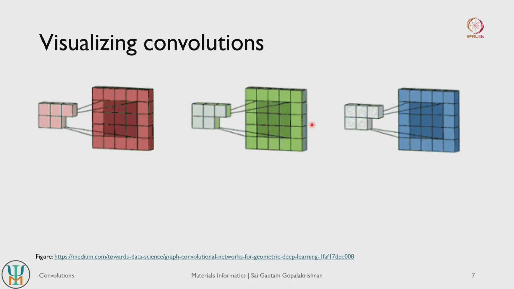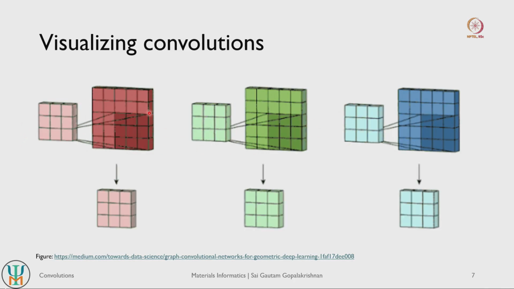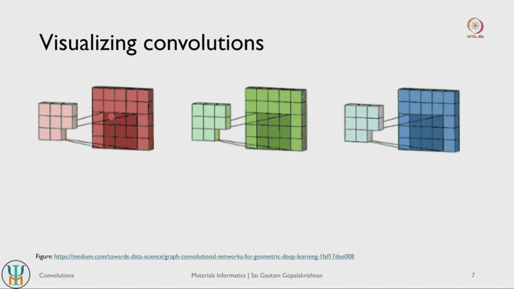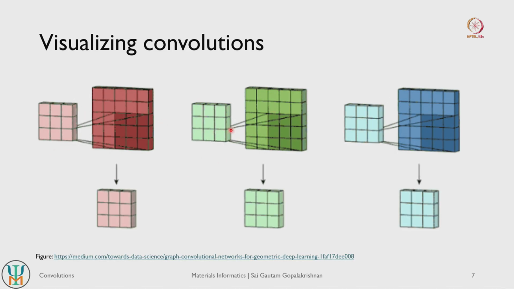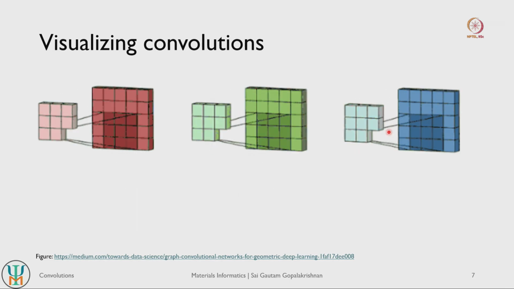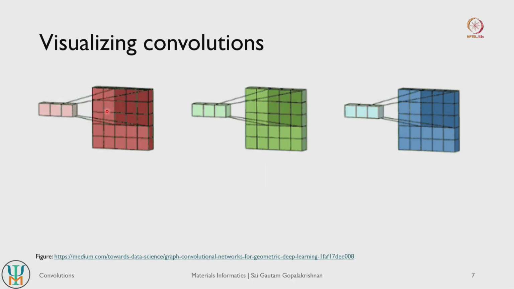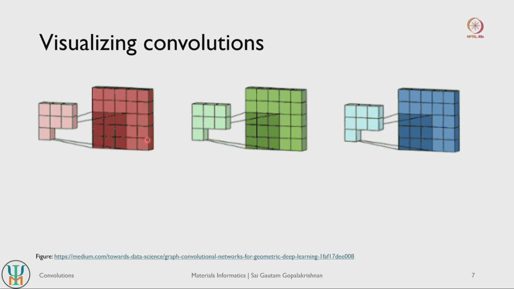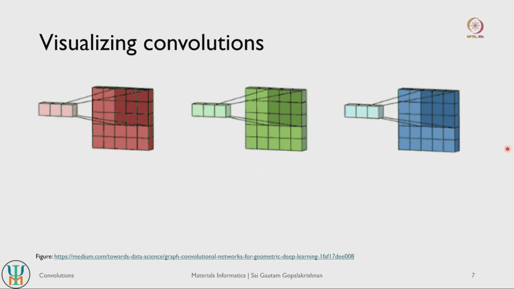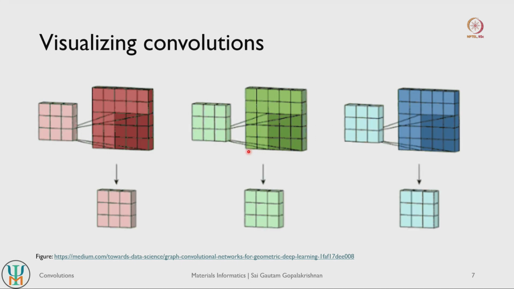We can also create these convolutions in parallel, right. So we can have one section of the image being dealt with by these sets of convolutional layers, another section of the image being dealt with by these convolutional layers, and the third section being dealt with by a different set of convolutional layers. Typically in vision or image problems, we separate out the red pixels, the green pixels and the blue pixels, and then perform convolutions on the 3 different colors, for example, right. So there are different ways that we can do convolutions.